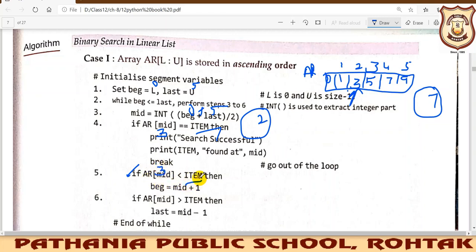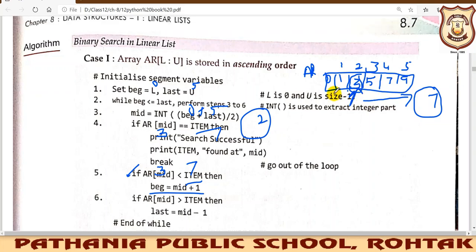Okay, and item is 7. So 3 is less than 7. Yes, it is true. So this time we will start, we know the mid, and after finding mid we will search, we will find that the item might be present in this side. So by using this binary search technique, you have come to know that my element is not present in this half, it will be present in this half only. So every time we are comparing, the size of the array gets reduced by half.